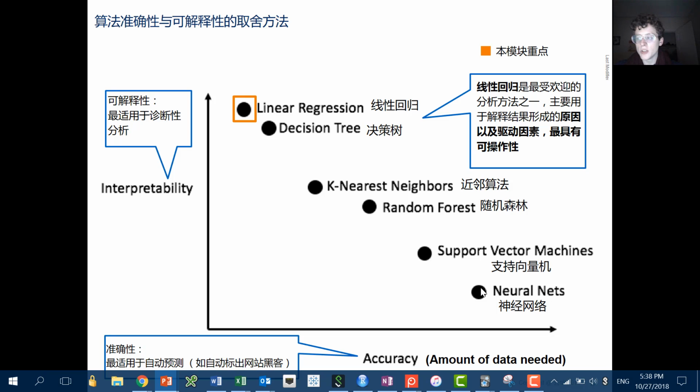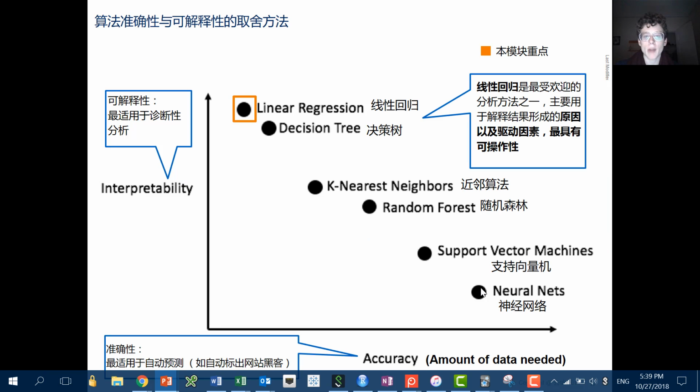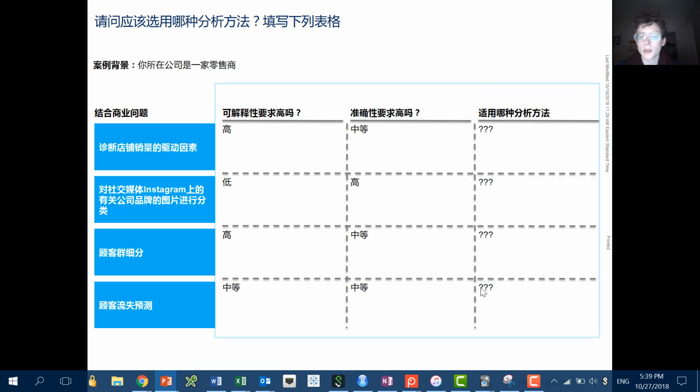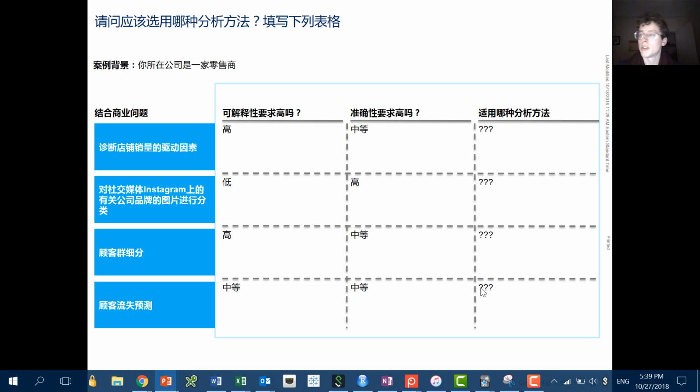Now what I'm going to ask you to do is to pick a technique for different problems. If you have a lot of background in statistical techniques, great, this should be very fast. If you don't have any, then you may need to do some outside research. Take 5 minutes if you need it, take 10 if you have no background, and do a little bit of searching around. What is a k-nearest neighbor? What is a random forest? What is a support vector machine? And figure out which analytical techniques you would use.